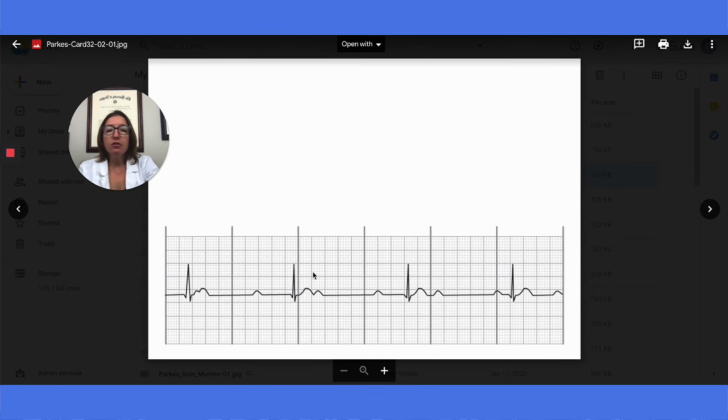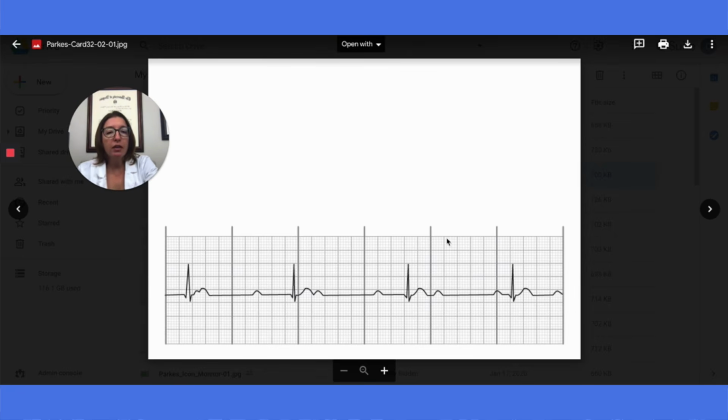If we look at this strip here, we can see that the ventricular heart rhythm is regular. So there's equal distance between the R waves, and our atrial heart rhythm is also regular because there's equal distance between these P waves. But you will notice that P waves are not associated with QRS complexes. Normally we have a nice little P wave followed by a QRS complex and then the T wave. But here, the P waves are kind of doing their own thing and the QRS complexes are doing their own thing because there is no impulse conduction between the atria and the ventricles.